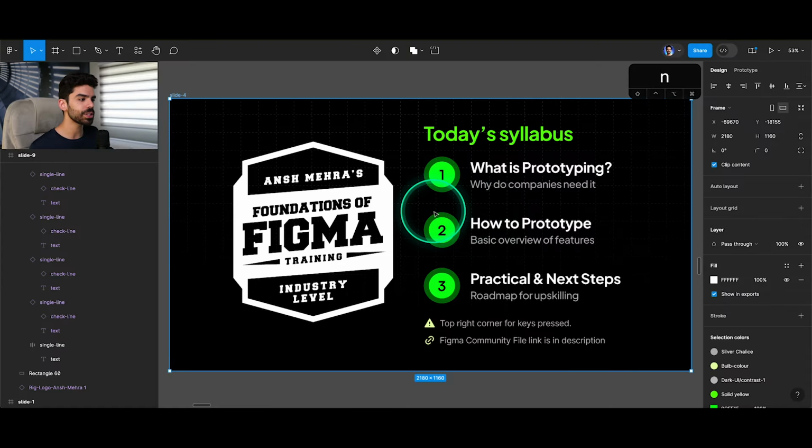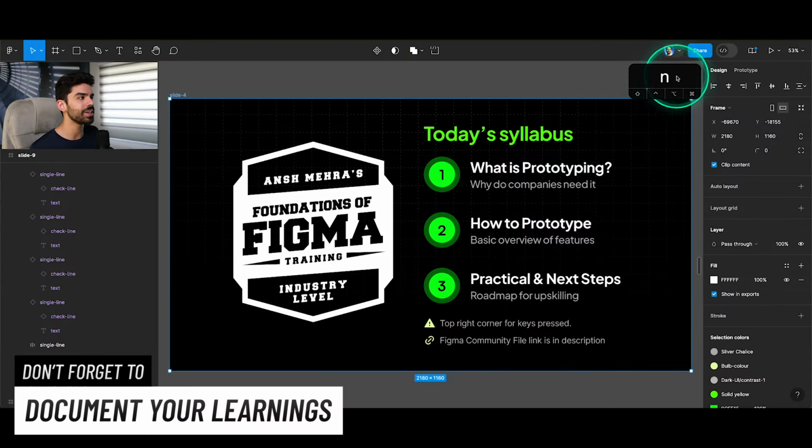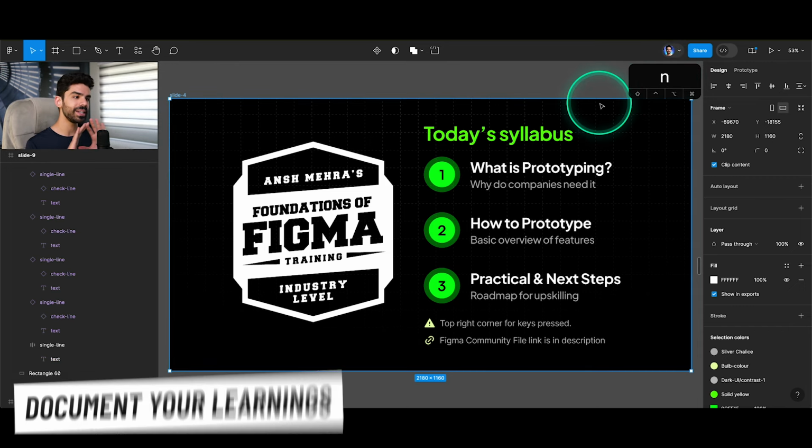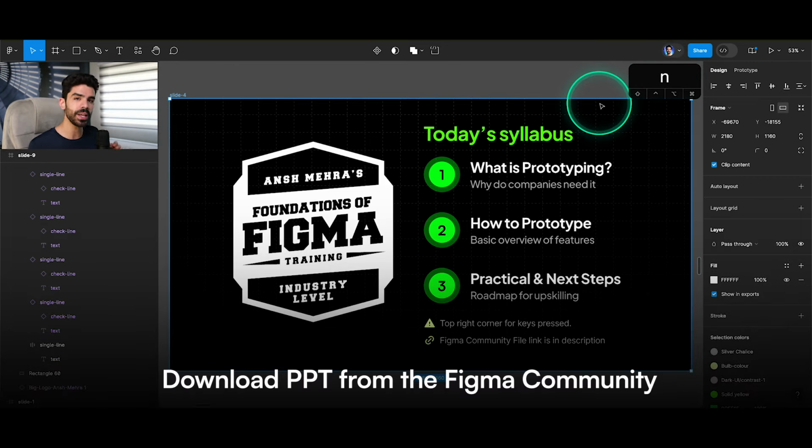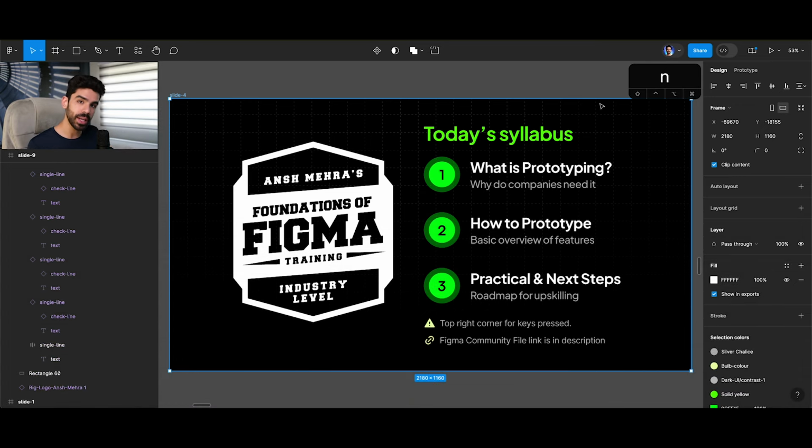Now, throughout this session, you will see all the keys I click on the top right corner. So at any point, there will be no confusion. And this entire presentation is freely available for you to download on Figma Community. I will be uploading a link in the description, but it's always recommended to use this on Figma, because the